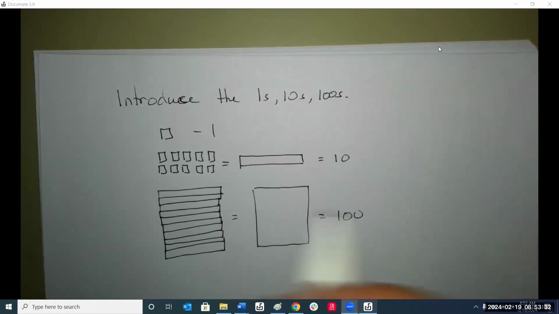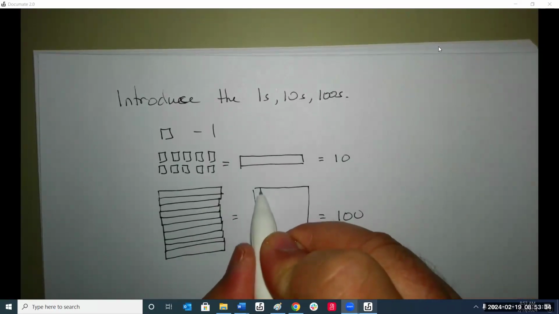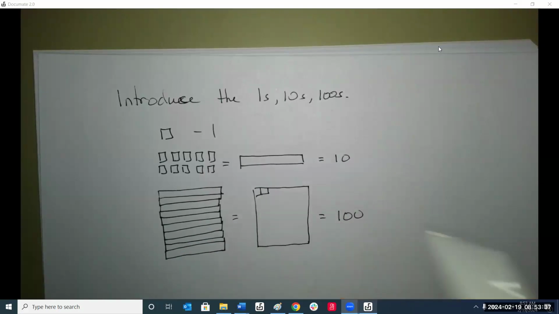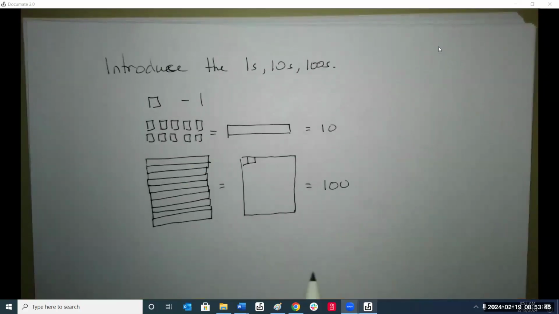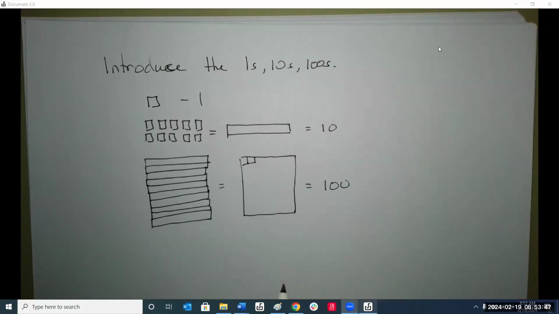What that means is that there are 100 of these little blocks in there. And so on and so forth, until they understand what the difference is between these three shapes. All right,